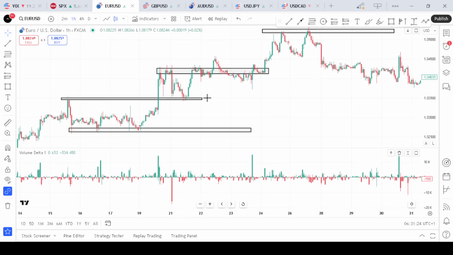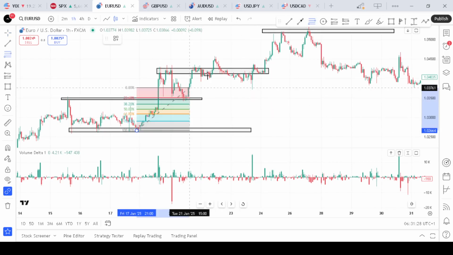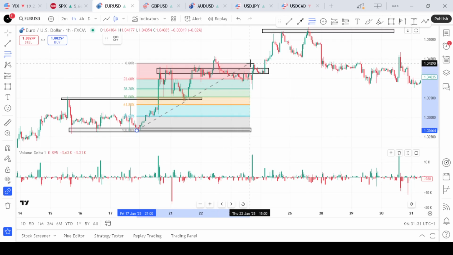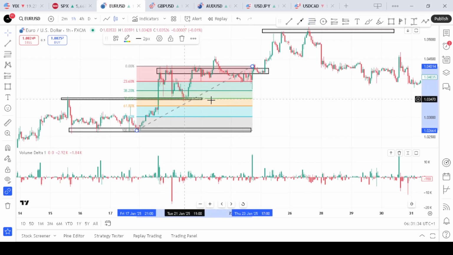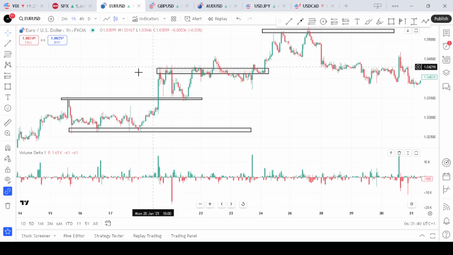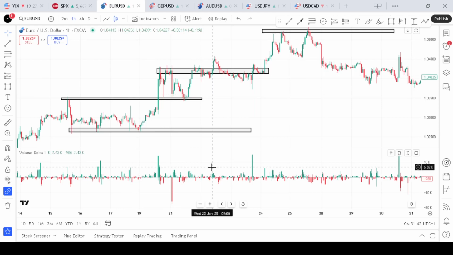In case you are not good at spotting swing highs and swing lows, you can basically use Fibonacci retracement. As you can see, Fibonacci retracement has already plotted out these key levels that can act as both resistance and support on our chart. The next thing, we monitor the delta divergence, meaning